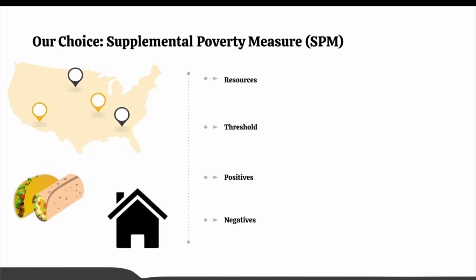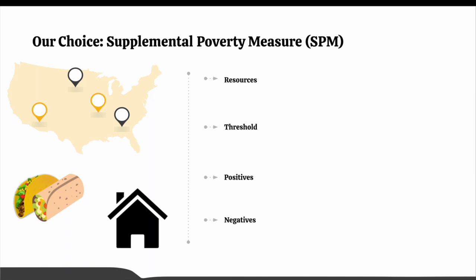The threshold for this poverty measure is taking what households spend on food, clothes, shelter, utilities, and internet, also referred to as FCSU plus I, and finding out who spends the most and the least. They then find 83% of the median spending on FCSU plus I and multiply by 1.2. This is the threshold they set for poverty.